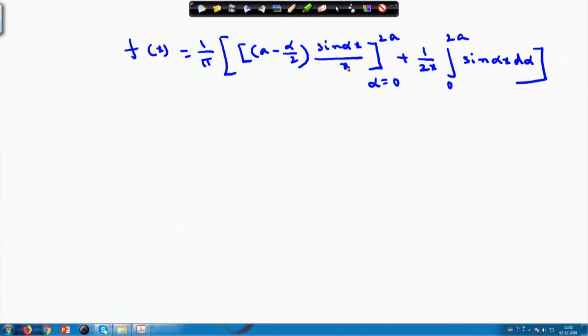That means, we are using integration by parts for the first part. So, if I put the limits, the first part will be 0 for alpha equals 0, and for alpha equals 2a, if I put then a minus 2a by 2 will come, and this value will be